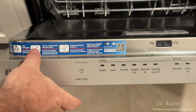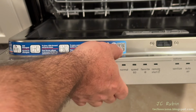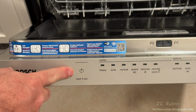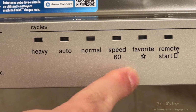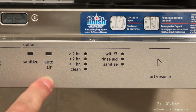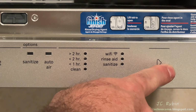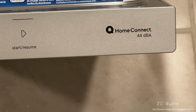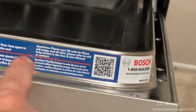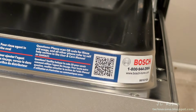A sticker up top on the left-hand side provides some basic information to run the machine, as well as a QR code to download the Homeconnect app. Here we have the power/reset button, the type of cycle the machine is currently configured to run on, which options are currently selected, we'll get into that in a bit, an estimate of the runtime, as well as some other parameters. Here's the start and resume button. This machine is purported to be 44 decibels, we'll be testing that out as well. And should you have any further questions, this sticker on the top right allows you to get in touch with Bosch. And the best part,